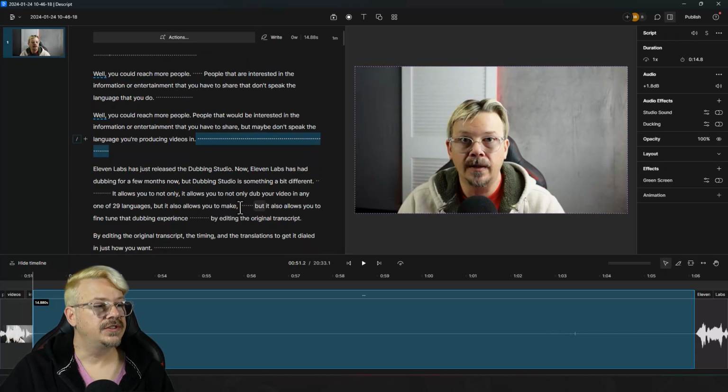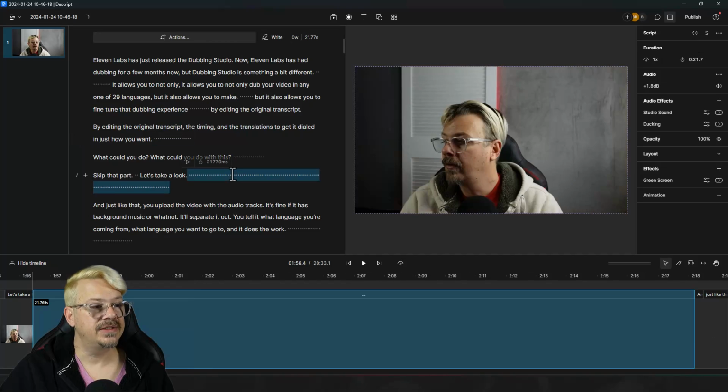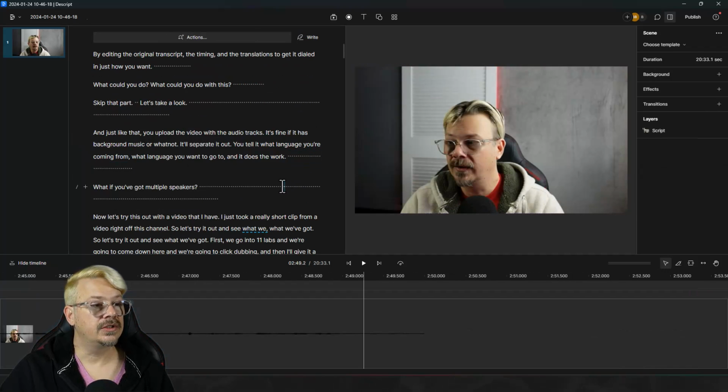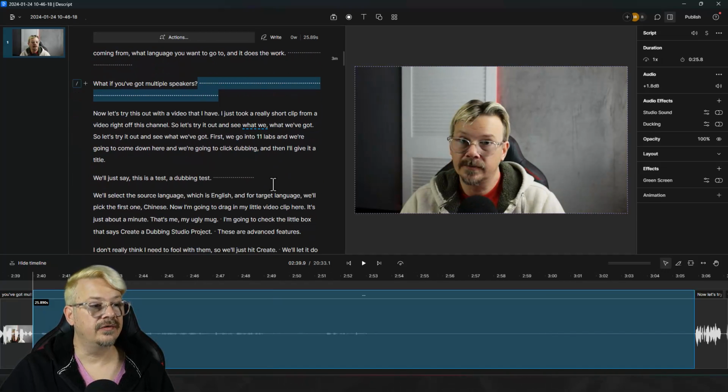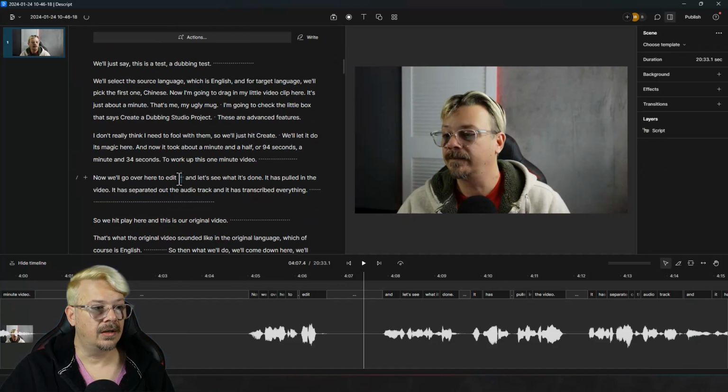Let's just look at these spaces that are in here. Sometimes you'll find that these blank spaces include words or audio that Descript just didn't understand and therefore didn't transcribe, but there's actually text in there that you don't want to cut out of your project.